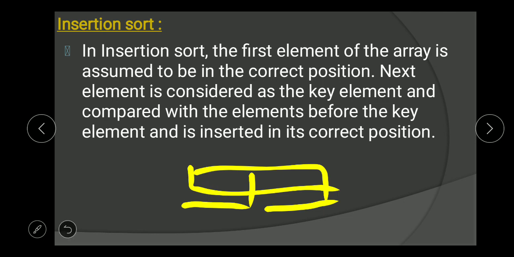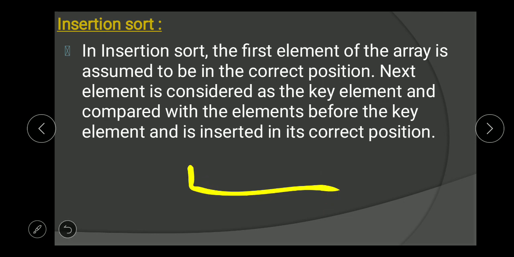We compare the key element with the other elements in the sorted array, then we insert that element in the correct position. This is insertion sort.